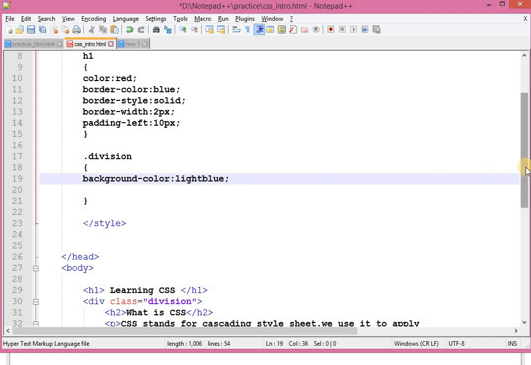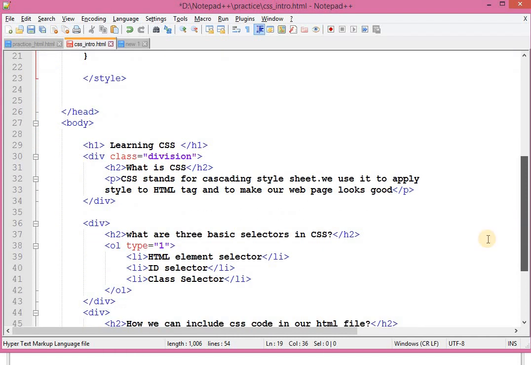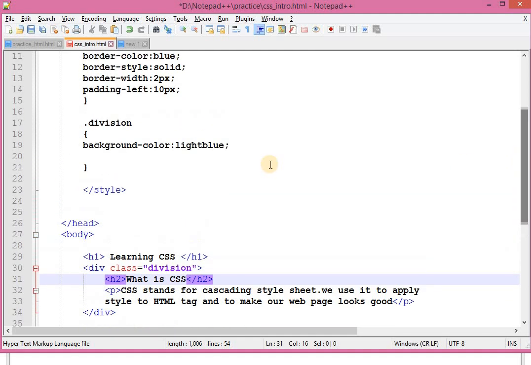Now let me show you the id selector. Just like in the class selector we used the class attribute of a particular HTML tag, for the id selector I have to use the id attribute of a particular tag. For example, if I am going to use the h2 tag, and for h2 let me just create one id.